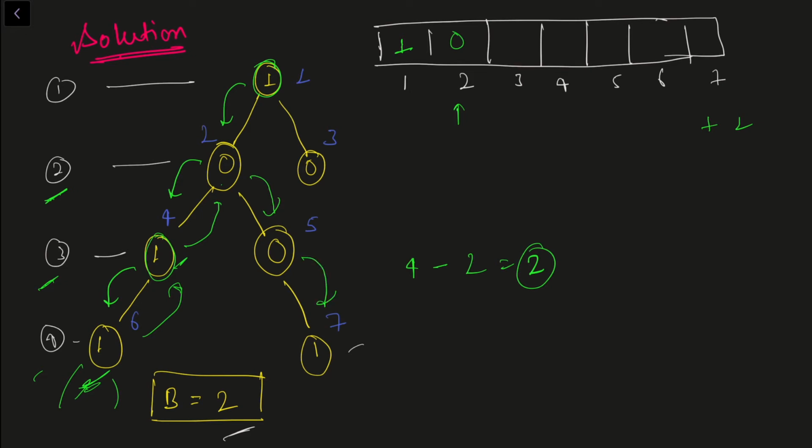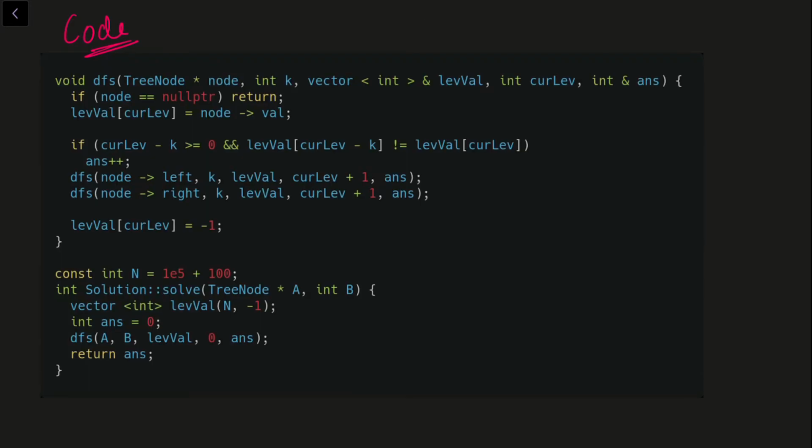So now let us jump to the pseudocode of this problem. Now let us talk about the pseudocode. So the first thing we can see is we have initialized the level array. This basically acts as the array which will store our levels which are already visited, so that we can check all the levels, like what is the value at the current level or what is the value at the current minus k level. Okay, after that I am starting my DFS.